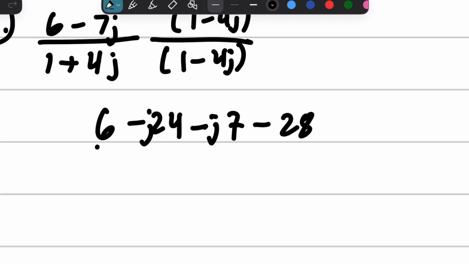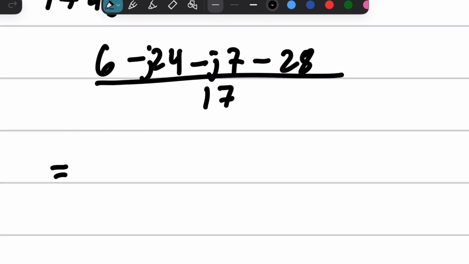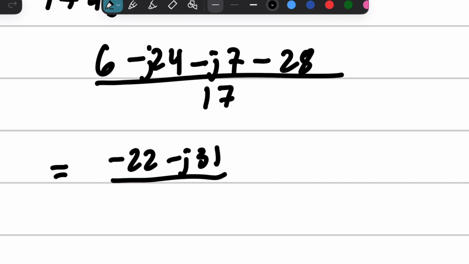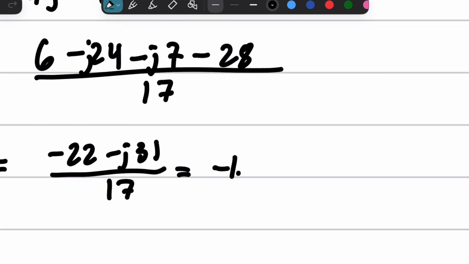And then at the bottom, we're going to have 1 squared plus 4 squared is 17. So simplified down, we're going to get negative 22 minus j31 over 17, which simplifies to negative 1.294 minus j